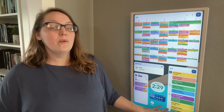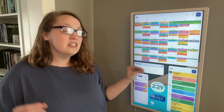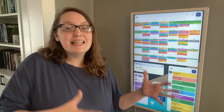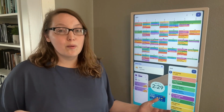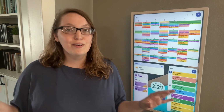Then I also put a widget for Google Calendars here that shows just the week at a glance. I have it zoomed in really close so that it just shows me the next couple of days. This helps my teens, my younger ones, and my husband be able to see what is happening at just a moment's notice. We have our calendar and of course our weather app that my kids love to check every single